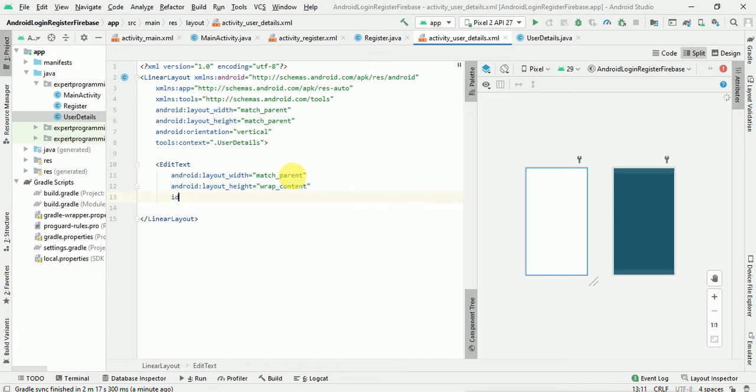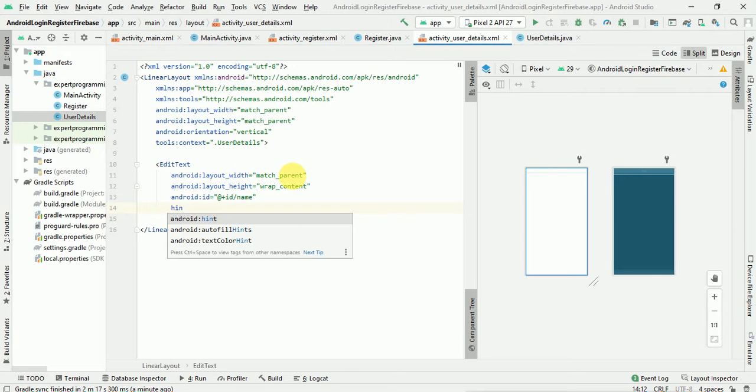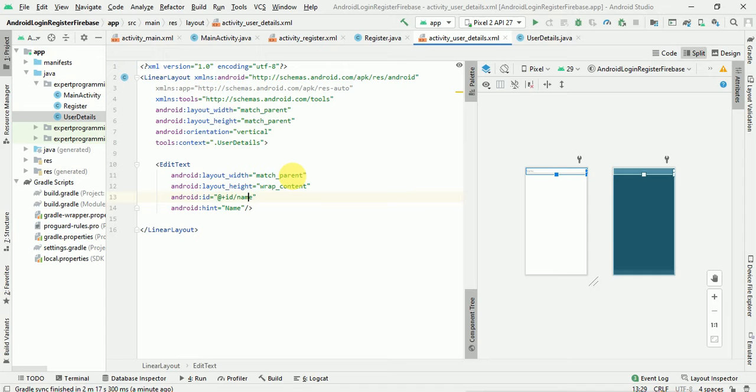Then the ID, name, and we will give the hint as name. Let's just close this. What we can give is a top margin of 10 dp.